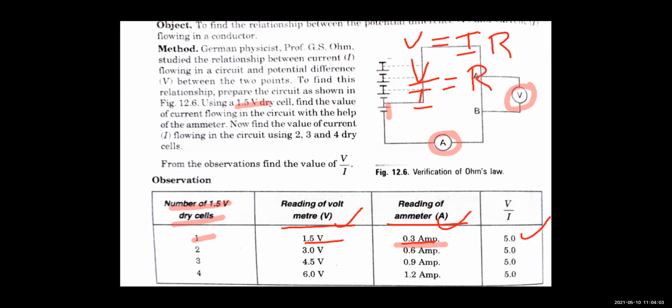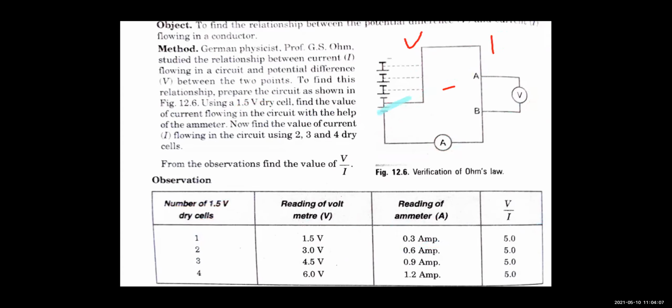Okay, now second step. Now what we are going to do? We are going to connect two cells, right? So two cells means the total voltage, means now your circuit will be connected here. This will be your entire circuit, right beta? So how many cells are connected here, children? If you see, for the second step, two cells are connected. Each cell is of 1.5 volt. So 1.5 plus 1.5 is 3 volt. So number of cells connected, 2.